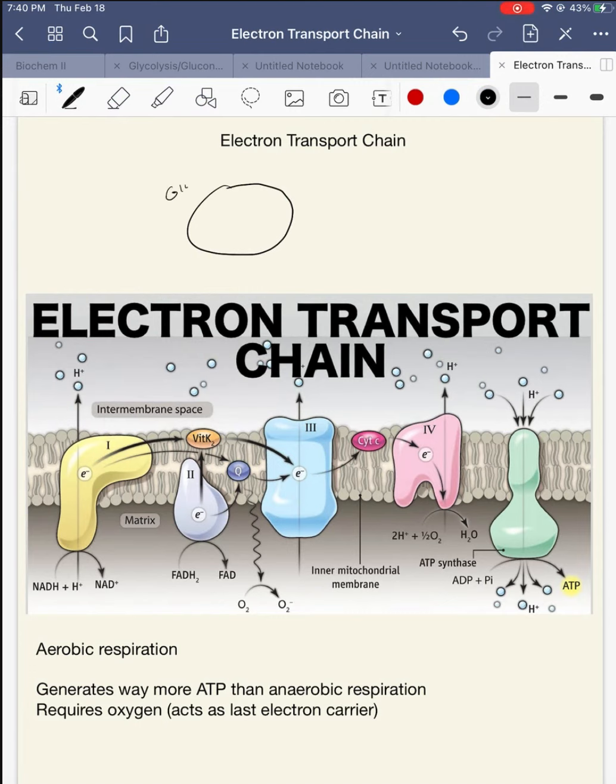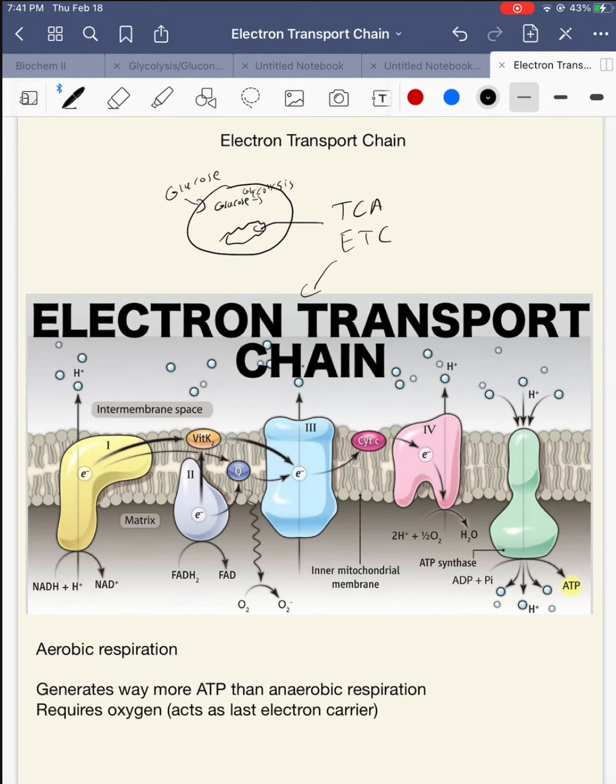So we have glucose here. It's going in the blood, and it goes into the GLUT transporters, and then glucose enters the cytosol, and then we have our mitochondria here. So this is where TCA happens, and then this is where the electron transport chain happens. So glucose enters through glycolysis,